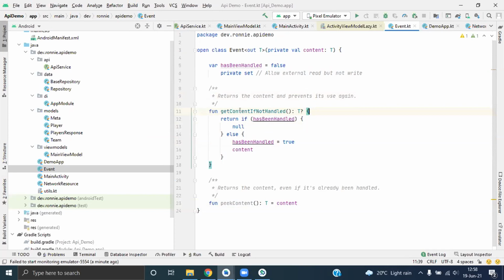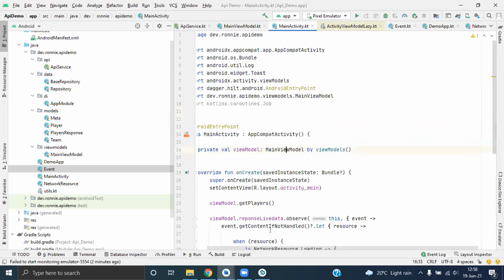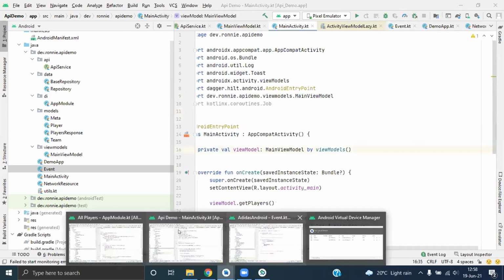And also maybe to explain why we normally need the event class. For example, we are showing a snack bar or a top message, and maybe you want to show an error. So once the error happens, and then maybe you rotate your screen and you're using LiveData, it will emit the previous value, as Ronnie is saying.